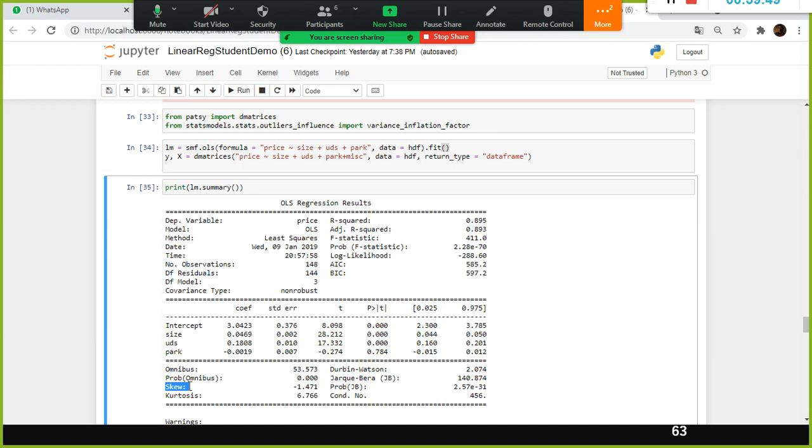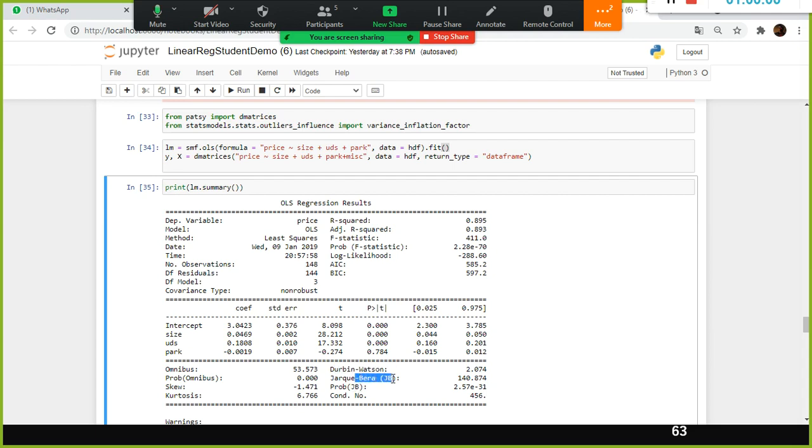That means the residual distribution is normal, and also we have something called kurtosis. Kurtosis is a measure of peakedness or curvature of the data. That is what it tells us. And we have the Durbin-Watson test. Look here, Durbin-Watson also shows. It is a test for homoscedasticity.